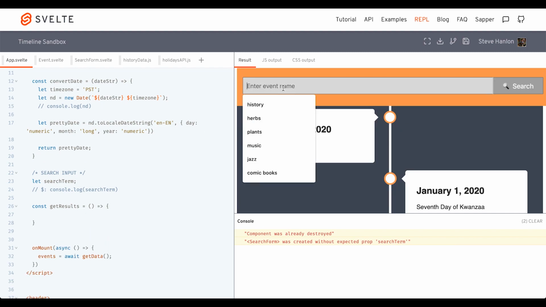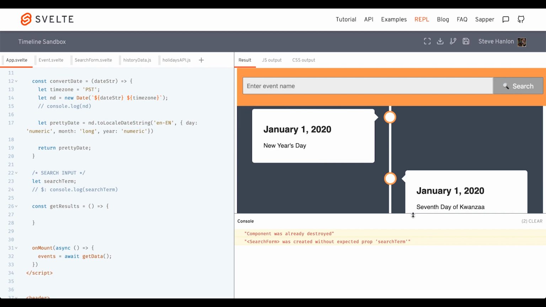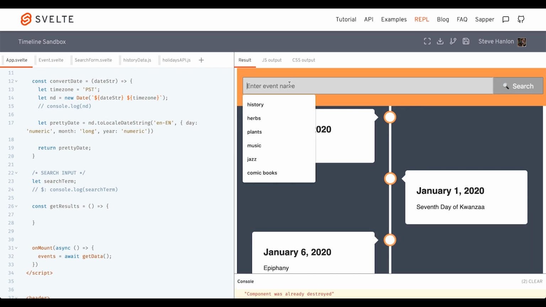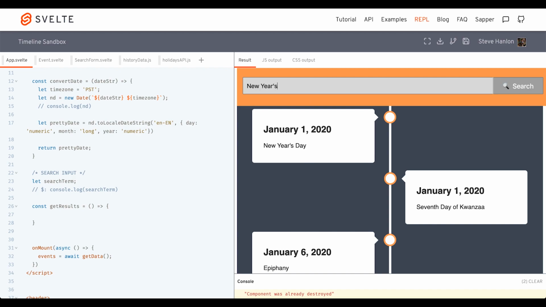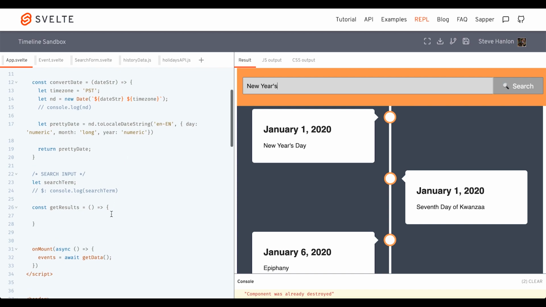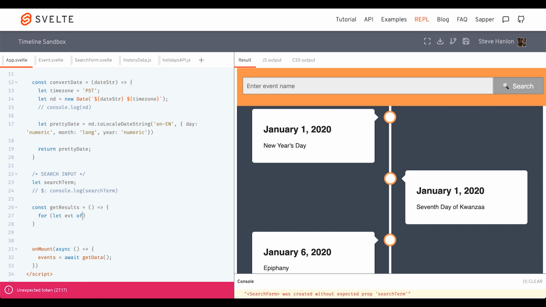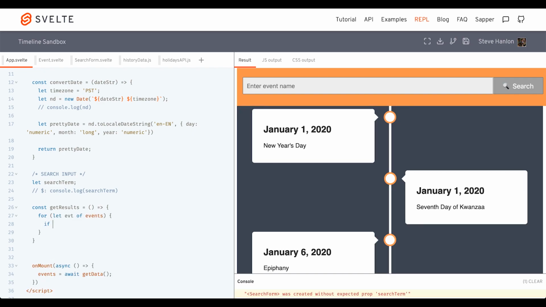And so the idea behind this is that we want to be able to type in the name of one of these holidays. Let's just say we type in New Year's here. And then when we click search, what we're going to need to do is search the holidays array that is brought in from the API. So let's go ahead and create a loop for that. And we want to start off by saying if evt, the event that comes in, includes anything in the search term, that means anything in this input,